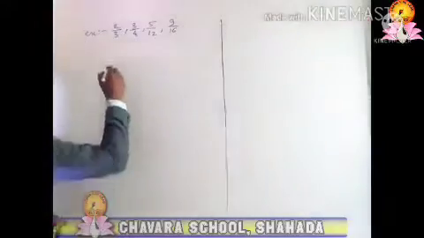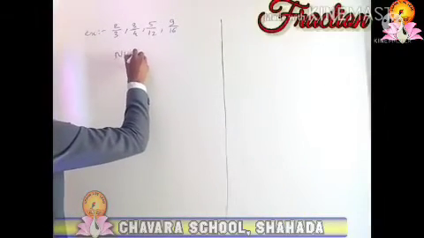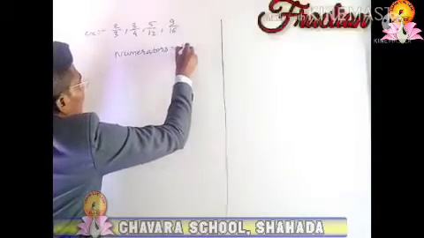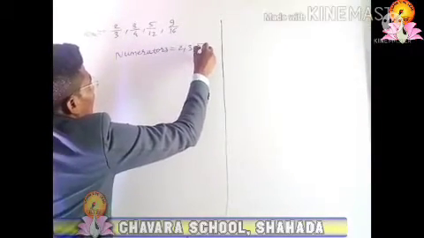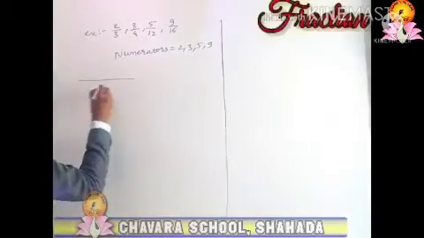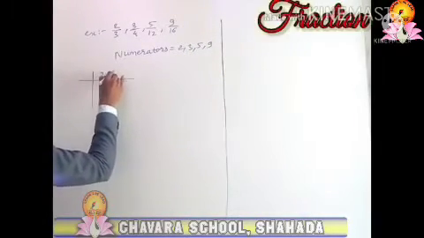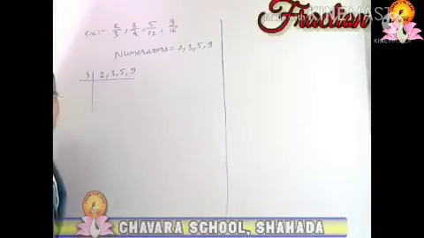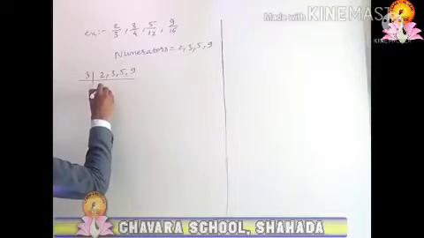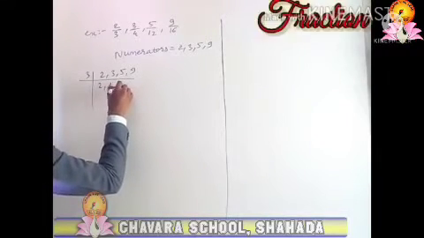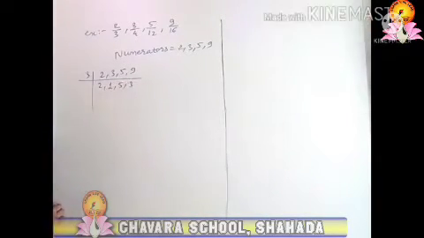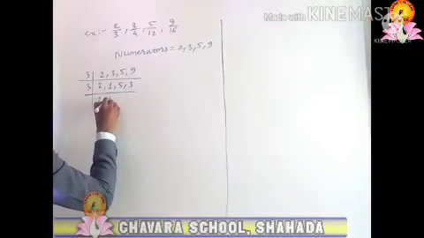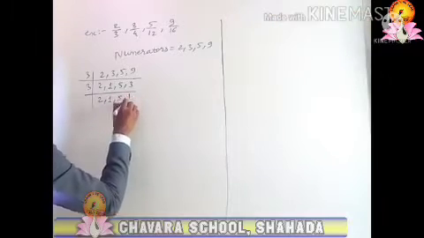So the numerators are 2, 3, 5 and 9. Now we find the LCM of these numbers. 3 divides two of the numbers. So 2 will be as it is, 3 1s are 3, 5 will be as it is, and 3 3s are 9. Now using 3 again, 2 will be as it is, 1 will be as it is, 5 will be as it is, 3 1s are 3.